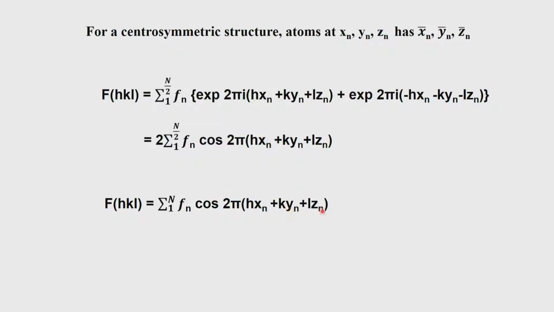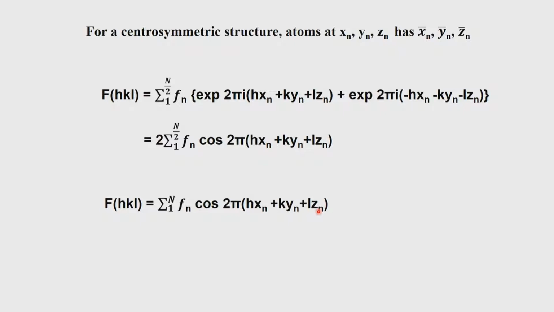We do an X-ray experiment, calculate the intensities, and having measured the intensities, calculate the modulus of F of HKL. So, what is left out is to find out the value of cosine 2 pi (hx + ky + lzn) in case of centrosymmetric systems, and the corresponding exponential value in the case of non-centric systems. We also know how to calculate this cosine with the example we took for cesium chloride. It is a fairly straightforward one if you have only 2 atoms in the unit cell, and that is a centrosymmetric unit cell.